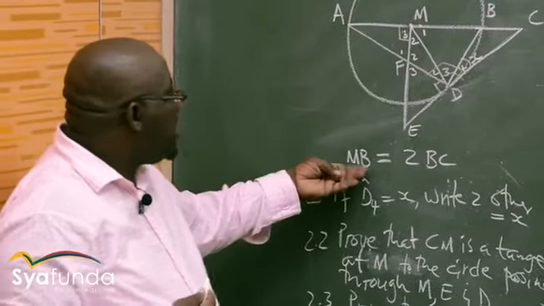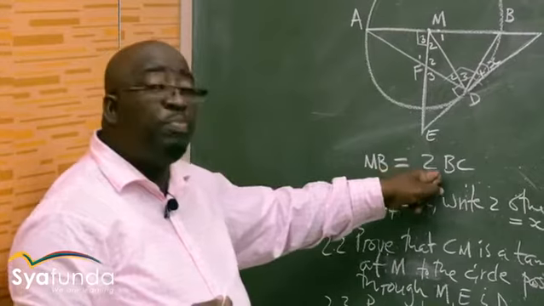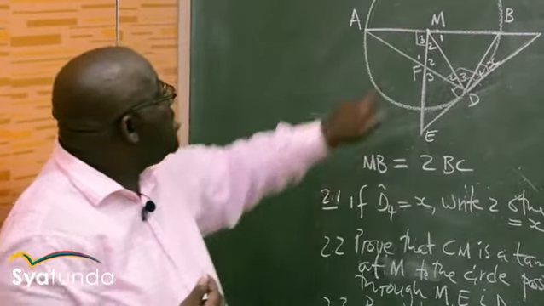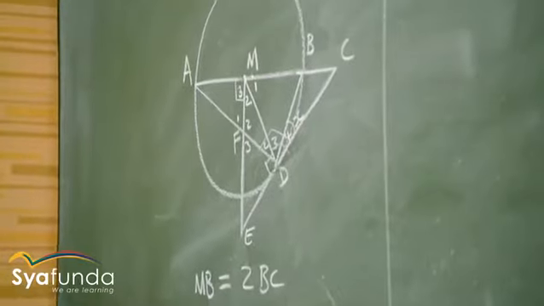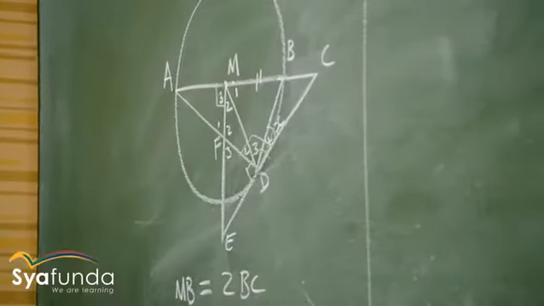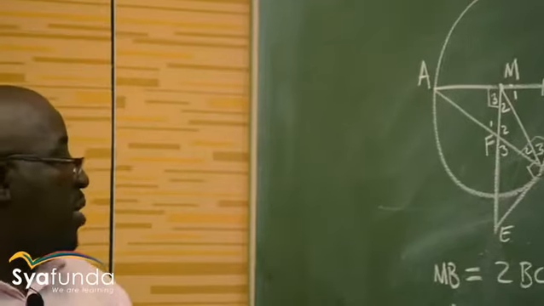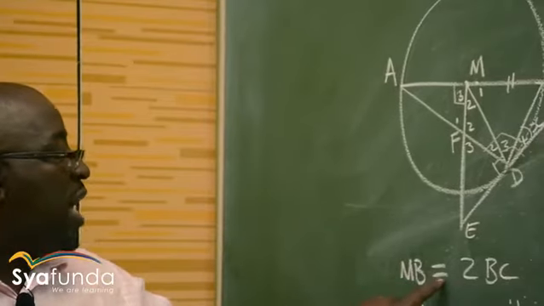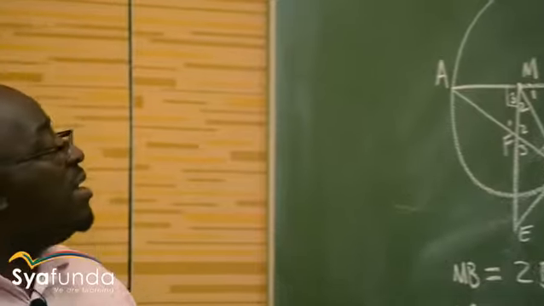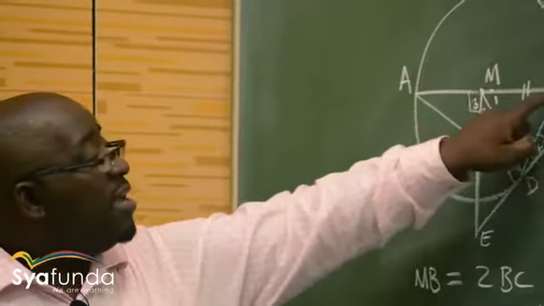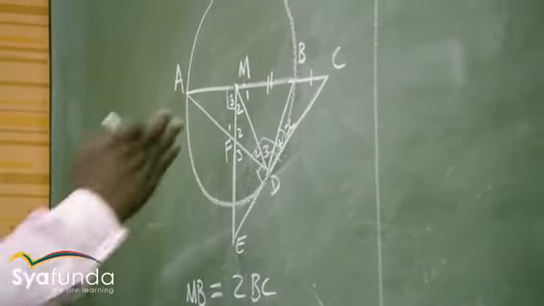We are also told that MB is equal to 2BC. Where is MB? MB is equal to 2BC. So in other words, this distance is 2 times this distance. I've just indicated it in that way. Because MB is 2 times BC, BC is half of MB. Right. Remember what this is? This is the diameter. If this is 2 times, this side will also be 2 times because this is also